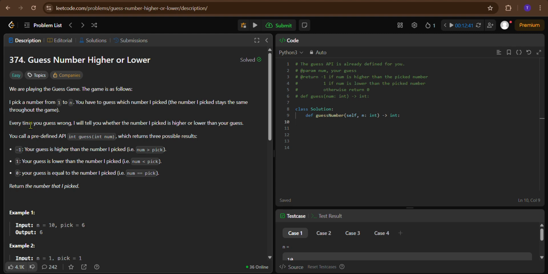Every time you guess wrong, I will tell you whether the number I picked is higher or lower than your guess. It is telling that every time it will tell whether what we have guessed is lower or higher than the number the system picked. You call a predefined API, guess, which returns three possible results. Every time we pass the guessed number to the function guess, it will return three possible results: -1,